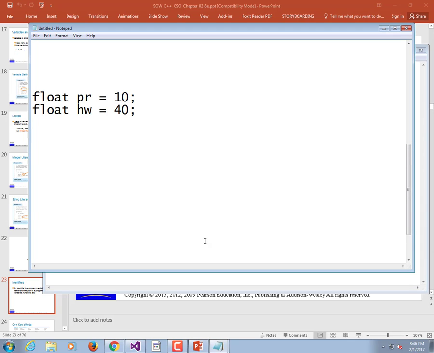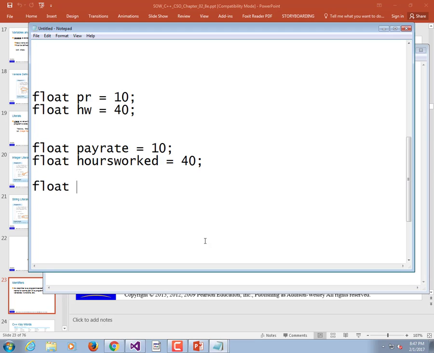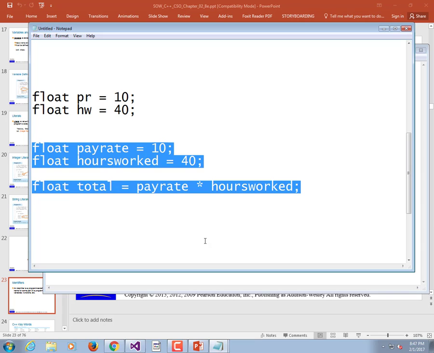Your goal in life is not to write the shortest variable names possible. Try to make them make sense. Those are okay, but it'd be a lot better to do pay rate is equal to 10, and then float hours worked is equal to 40. That makes the code a lot easier to read. But the variable names, in one sense, don't matter. If I do this, float total is equal to pay rate times hours worked,